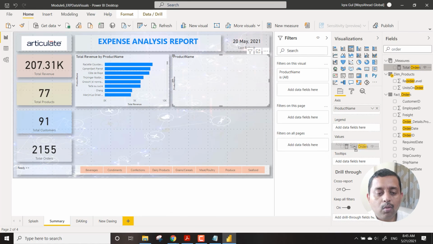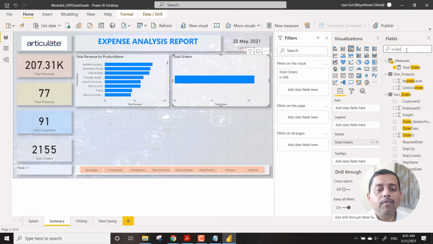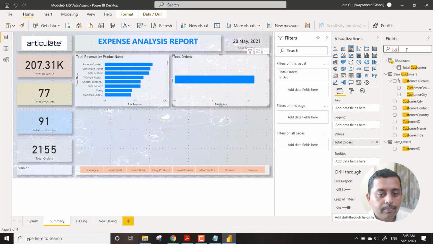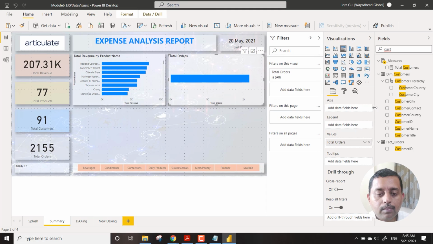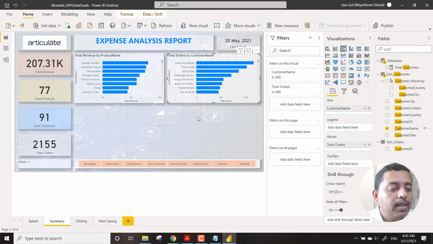So we can have the total orders over here, and instead of product name we can have the customer name over here. So the customer name. So you can see that there are 2 back-to-back visuals which are showing one total orders by customer and another you have the revenue by the product, right?